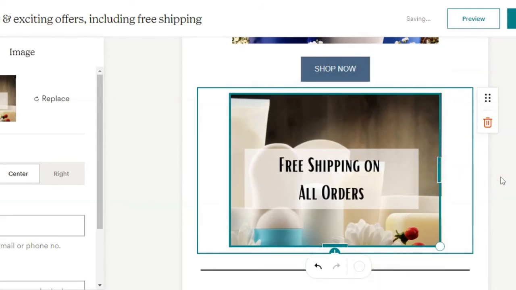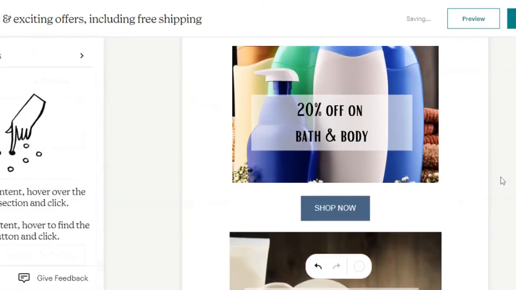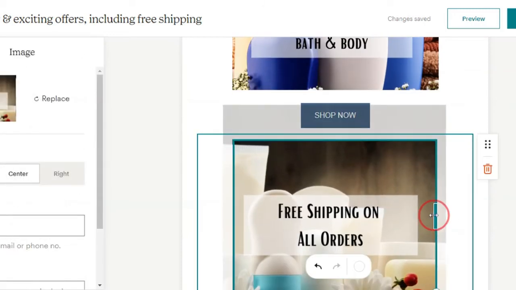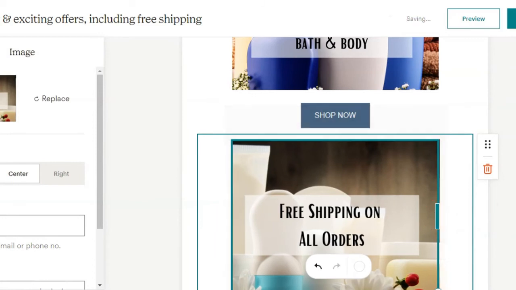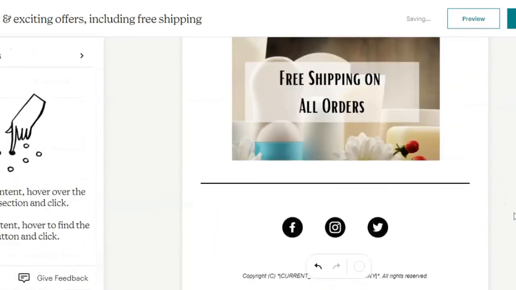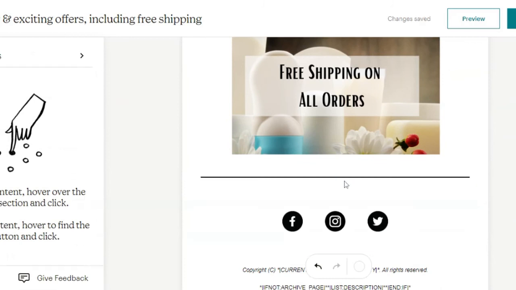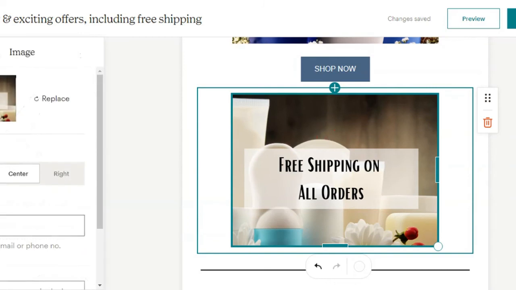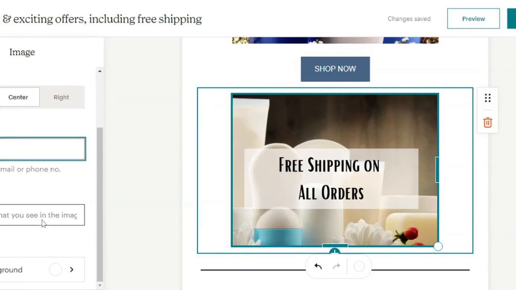All right, here you go. So both the images are almost matching. Yes, that's right. Great. Now I may also, instead of adding a button like this, add a link to my image itself. That is also another option.